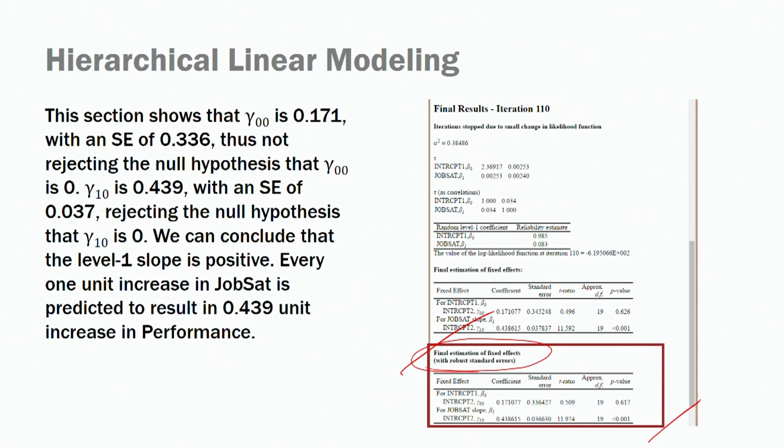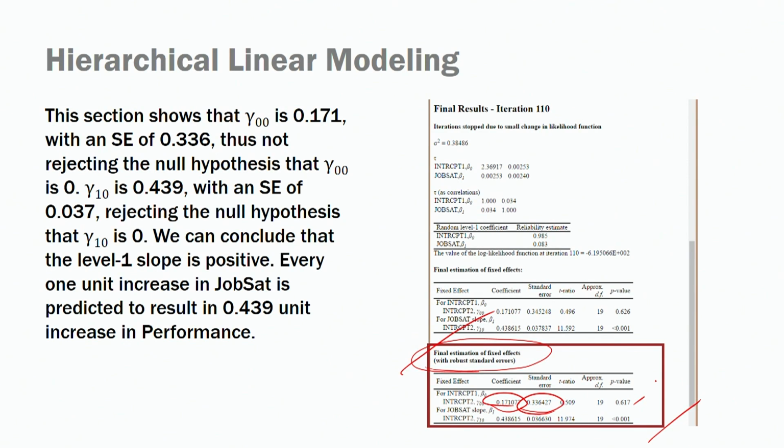I want you to take a look at the coefficient for the intercept. Here the coefficient for the intercept is 0.17, with a standard error of 0.34. If we move to the p-value, we find that the intercept is not statistically different from 0 because p is